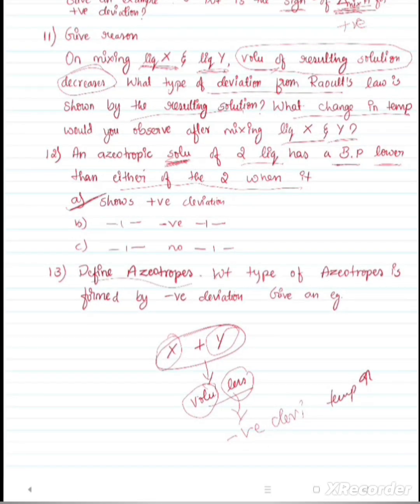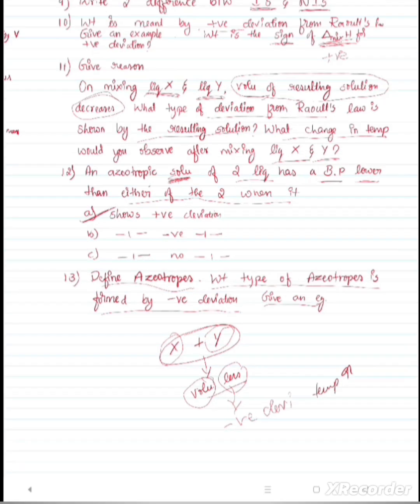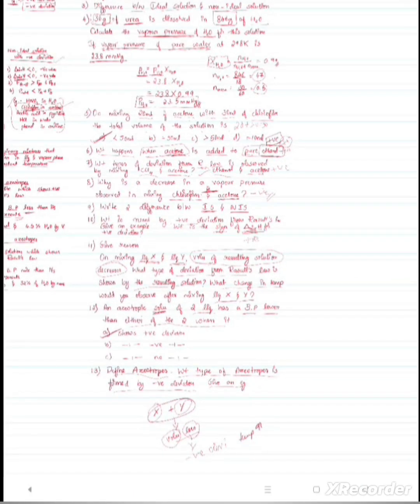Understood? Then define azeotropes. You can write the definition. What type of azeotropes will form negative deviation? It is maximum. Negative means maximum. Positive means minimum. Example, you can give one. Okay. So this kind of questions